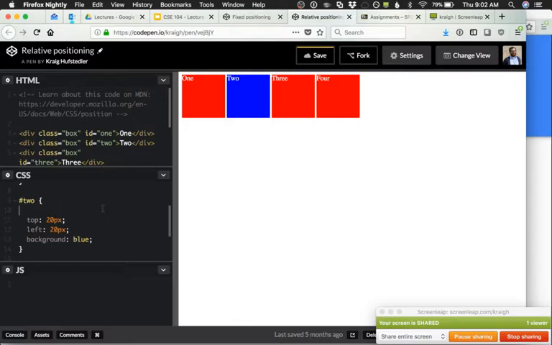But once we do position relative, it's pushing it relative to where it used to be, and the other elements still respect where it used to be. There's empty space left there. It doesn't change the flow of the document at all, it just pushes it relative to where it used to be. However, if we change it to absolute,